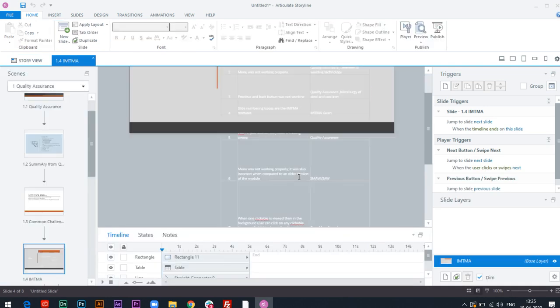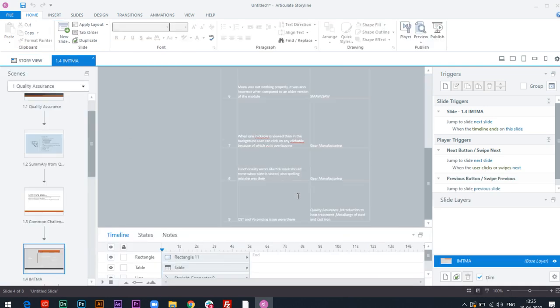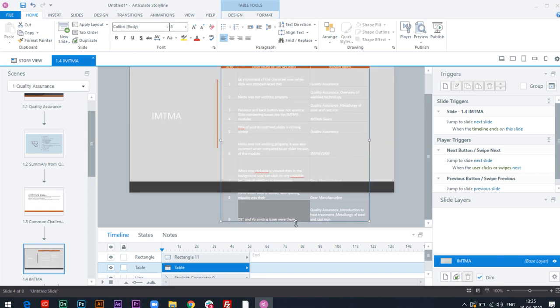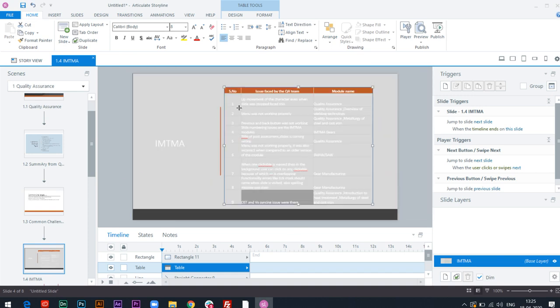Like if I see here, some of it is going out, so you can always adjust it in case you want to make it smaller. If you want to adjust a few things, you can always do that right here. Say this text is not visible, so I can select the complete table and make it black.